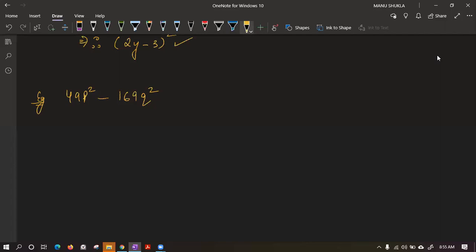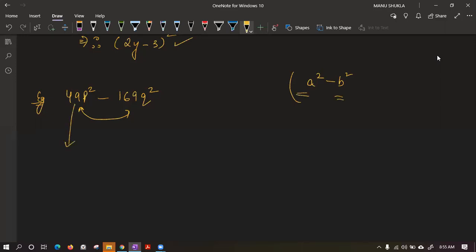Yes, Harshul, it is resembling the formula a square minus b square. So first we should try to take common. Rachit saying common. No, beta Rachit, nothing is common. Nothing is common in these two. It is 49, it is 169. Nothing is common. First, we should try to write in this form of a square, b square.